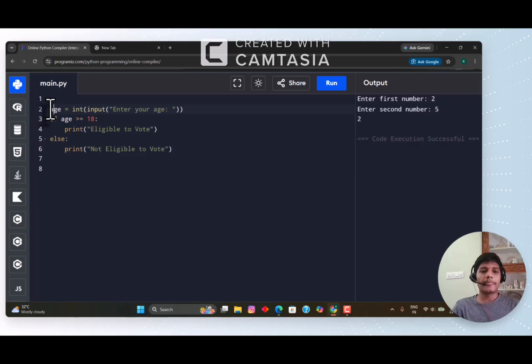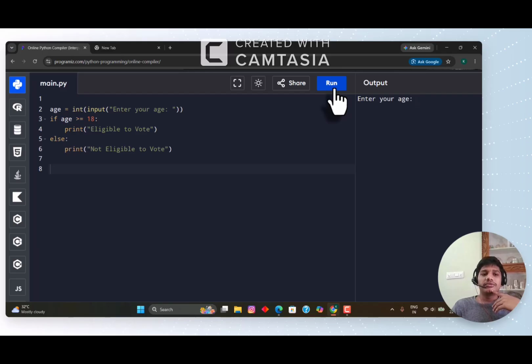Age. Age is an input. If age is greater than or equal to 18, eligible to vote. You can be eligible for voting, but you are not greater than 80. You are less than 80. You are a teenager. Then not eligible to vote. So this is the process